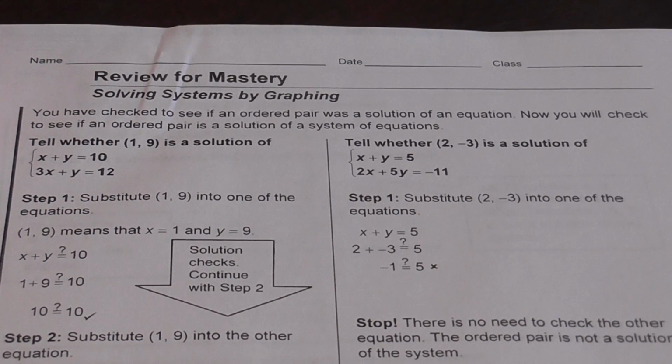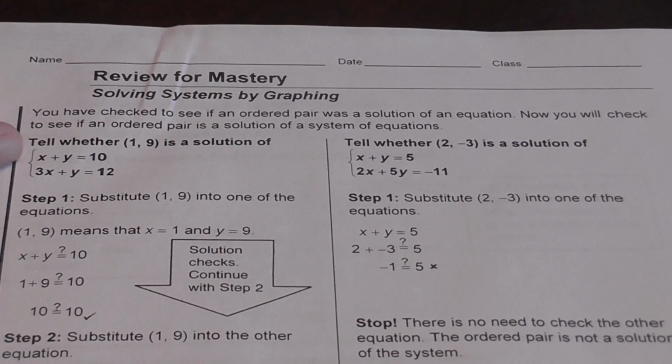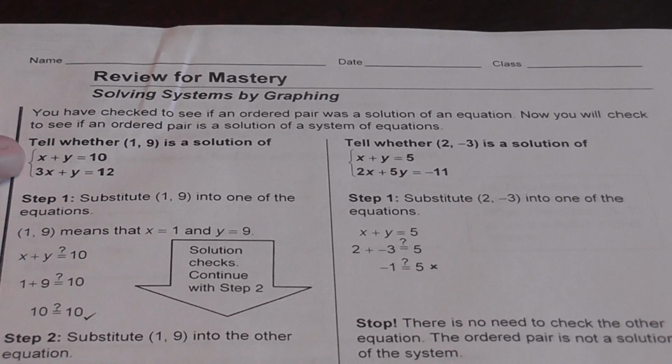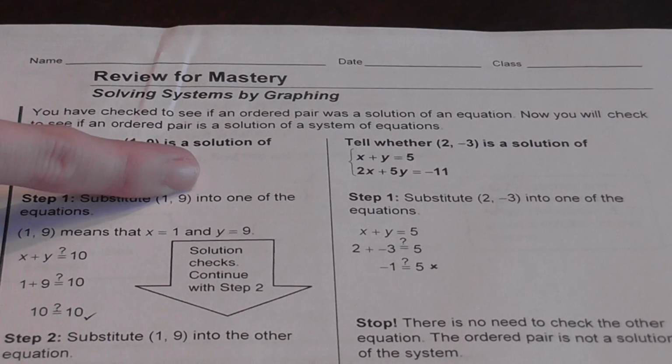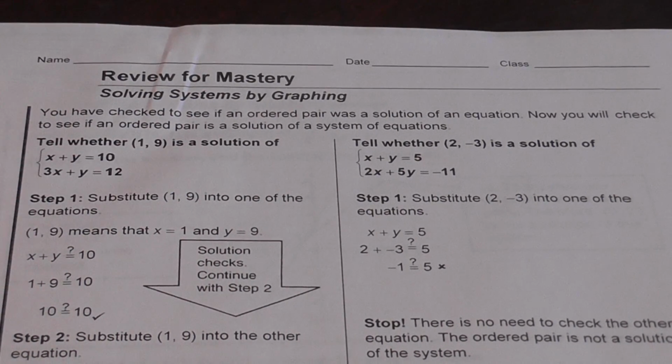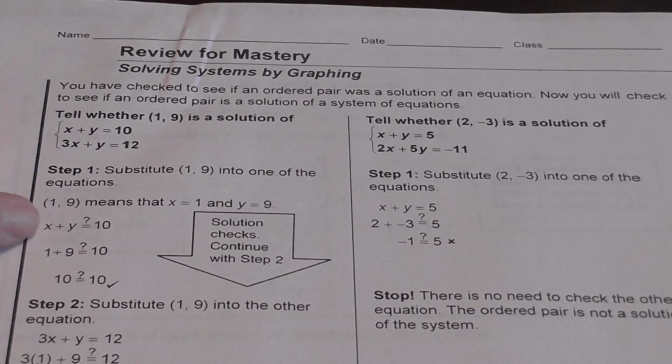can you tell whether or not a given point, an XY coordinate point, is a solution to a system of equations. To check to see if an ordered pair is a solution, you take the 1 and plug that into the x value, and plug the 9 into the y value. So you plug them into the first equation. In this case, 1 plus 9 equals 10, 10 equals 10, perfect,